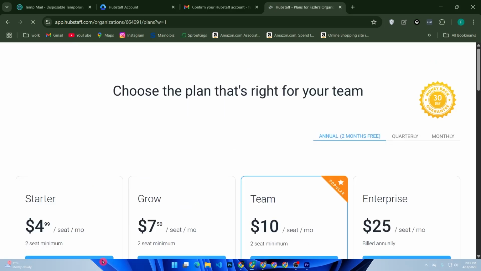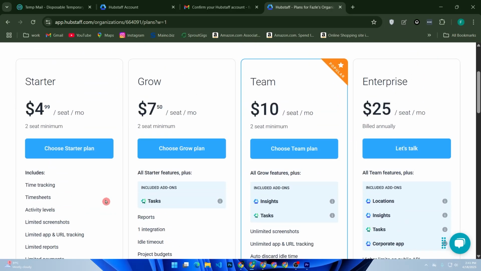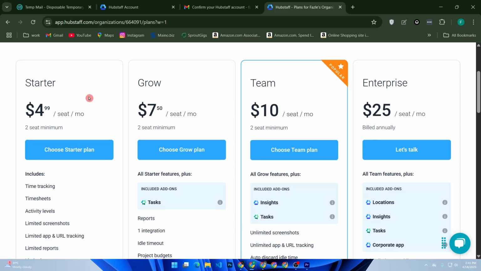To start tracking time, download the Hubstaff desktop app for Windows, Mac, or Linux. Once installed, log in, select a project, and click start to begin tracking time. It runs in the background and captures time worked, apps used, URLs visited, activity level, and optional screenshots. Click stop when done. Back on the web dashboard,